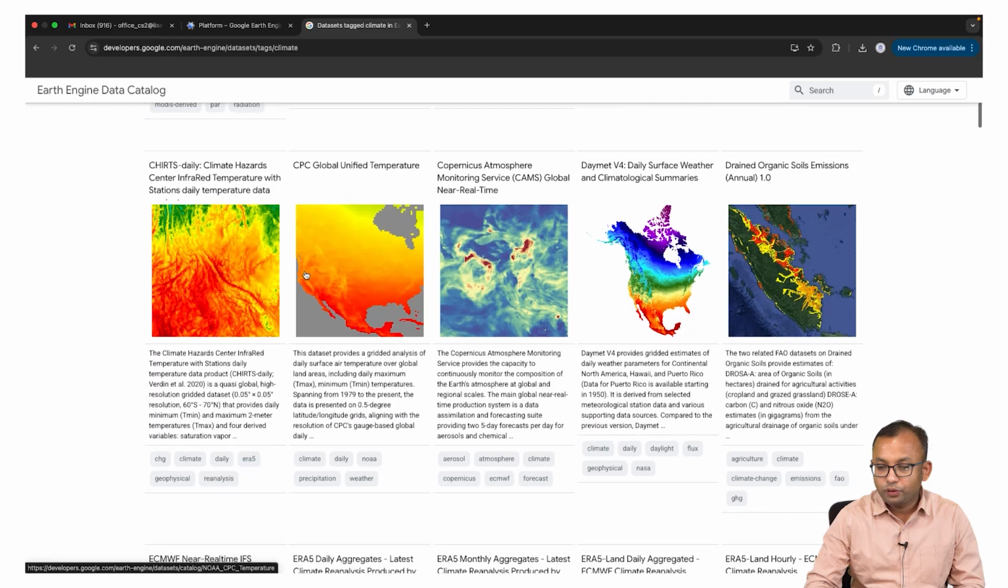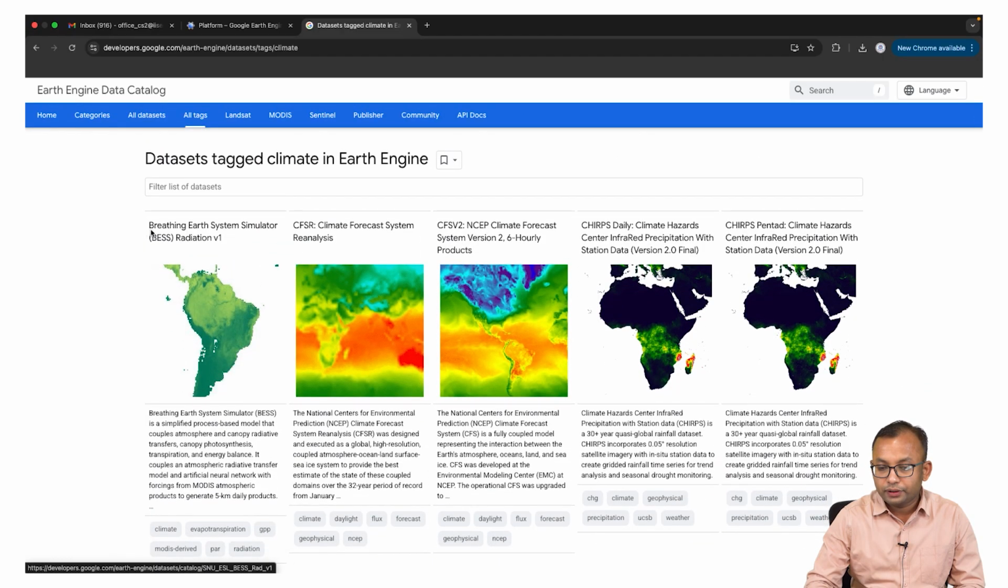So, for example, if you look here, you have some sort of radiation data set where we have the climate forecast system reanalysis data set, we have the climate forecast 2 and 6 hourly products data set, we have CHIRPS daily, climate hazard center infrared precipitation with station data version 2 final, and it is a pentad version where we have 5 days average like that. So, let us say if you open this particular data set,